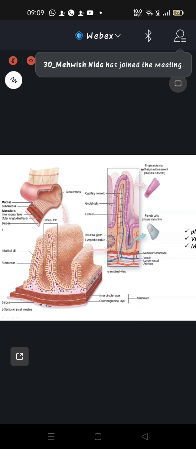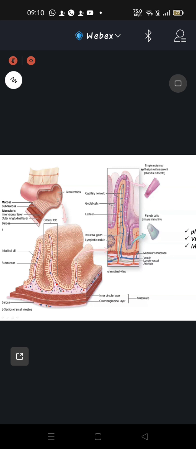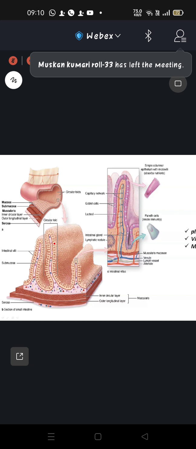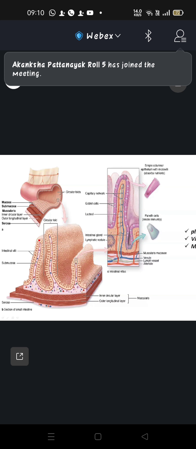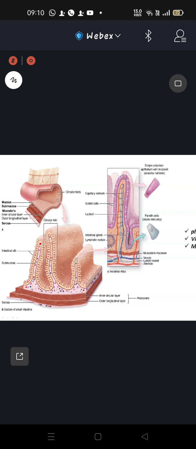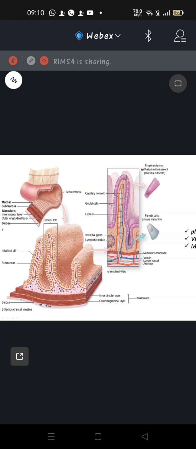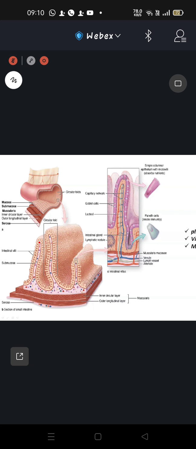Second is known as the villi. Villi are very characteristic of the small intestine. The lining epithelium is folded, and the core contains the lamina propria. These are known as intestinal villi. So the lining epithelium is folded, and the core has connective tissue, the lamina propria, and that forms the villi. Because of the presence of the villi, the surface area is increased by 10 folds.